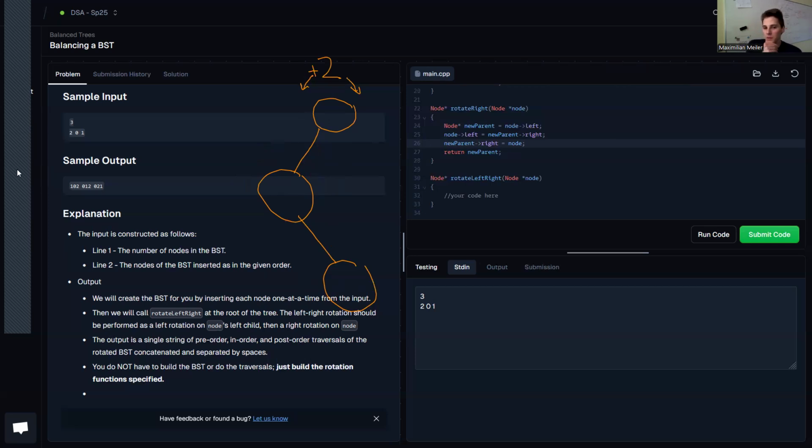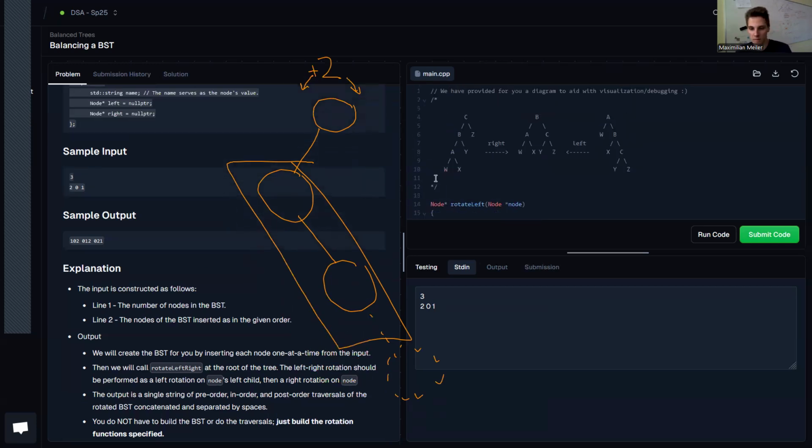Now, it would be great if we could somehow transform this into a straight line of 3 nodes, right? Because then we can just call a left or right rotation and be done with it. And the way we can actually do that is by first looking at the bottom two nodes, right? So here, if we call a left rotation, so assume this is like a right case, right? If we were to call a left rotation on this, remember that this node, so if I just scroll up to the left rotation code,